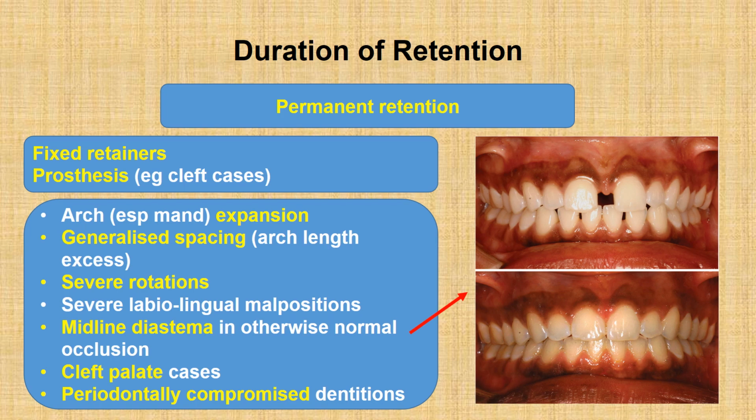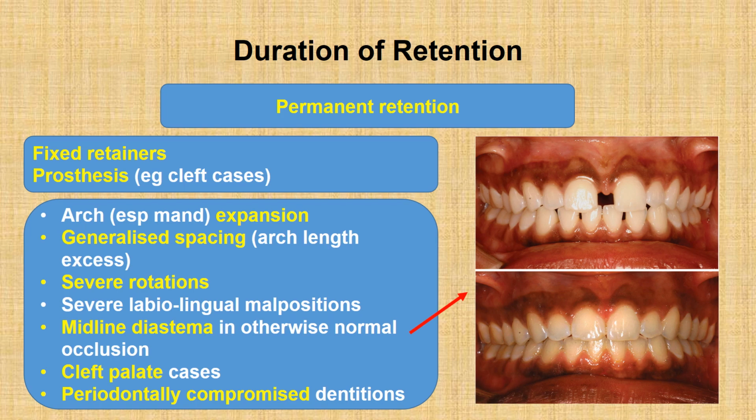Now, there is generalized spacing, meaning the arch length is more compared to the tooth material. Now, severe rotations, severe labiolingual positions of teeth. Now, midline diastema in otherwise normal occlusion, meaning you have a